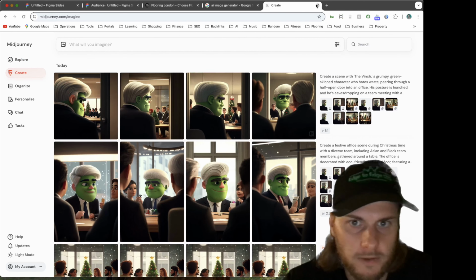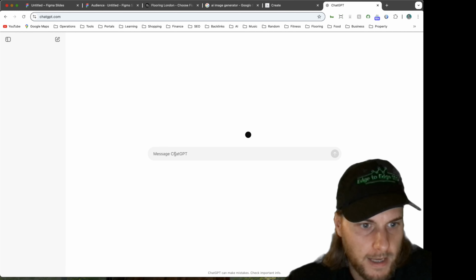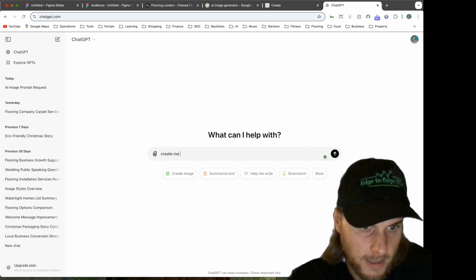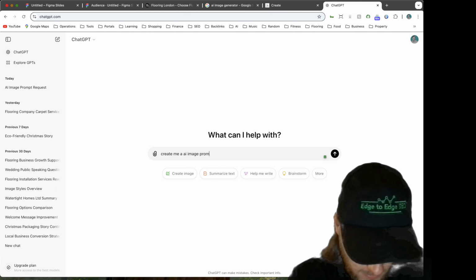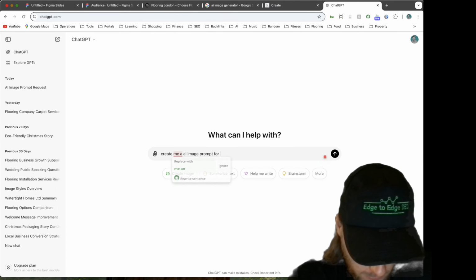The best thing to do, and I was just messing around a bit earlier, is to go to ChatGPT and write in here: create me an AI image prompt for wood flooring up close.